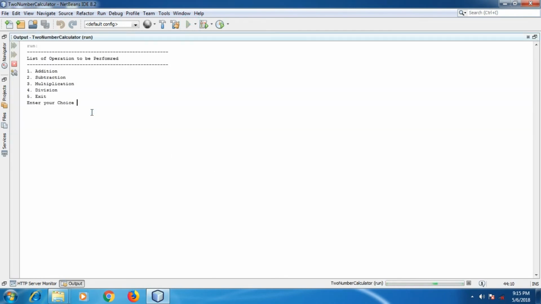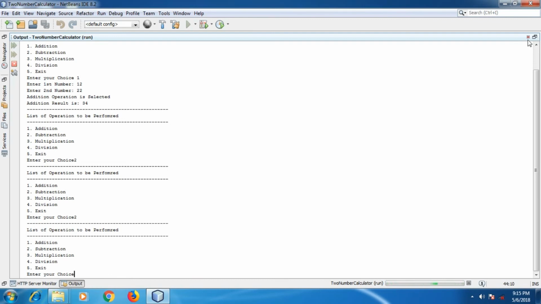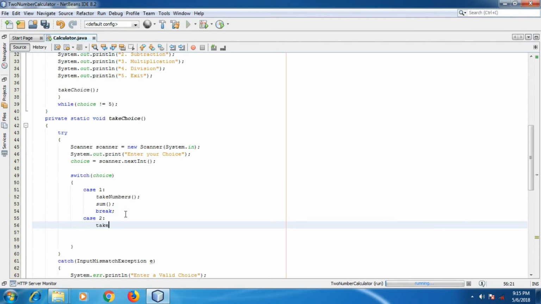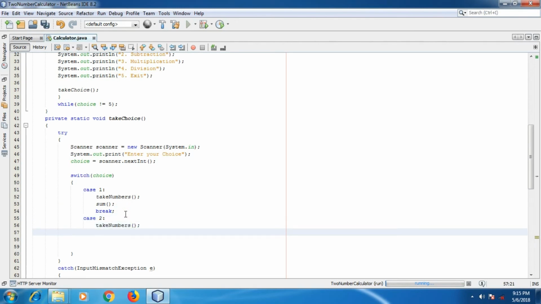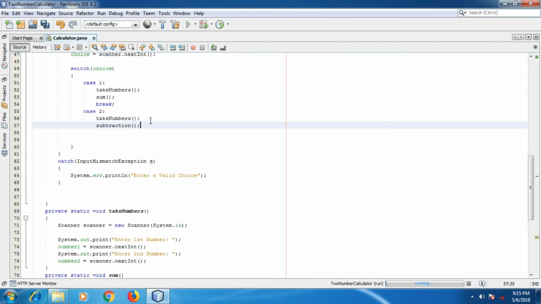1, 12, 34. That's cool. 2, because we have not written the case. So let's write the switch case. So in the switch case I have taken the numbers again and the subtraction function which we have created earlier. You can see here, and break. Save it,